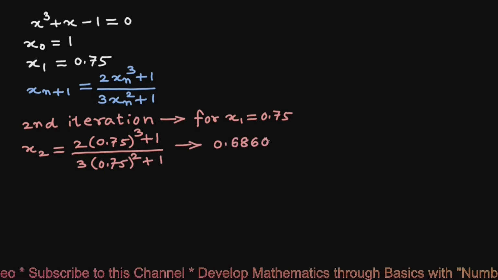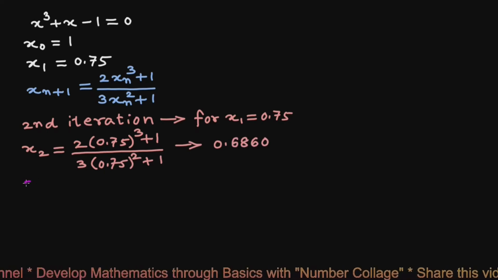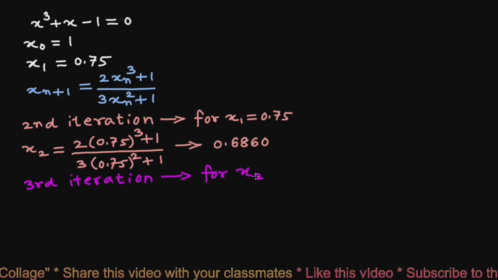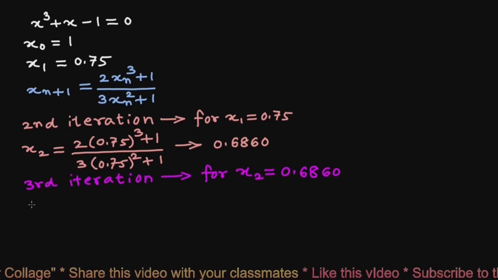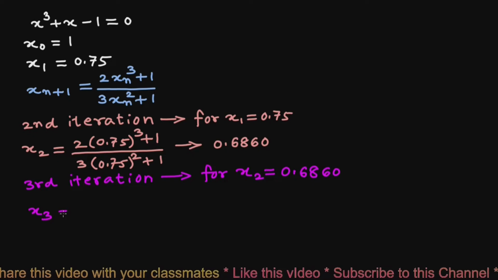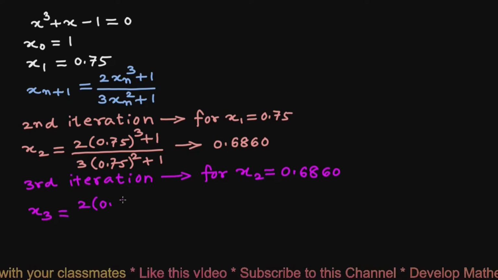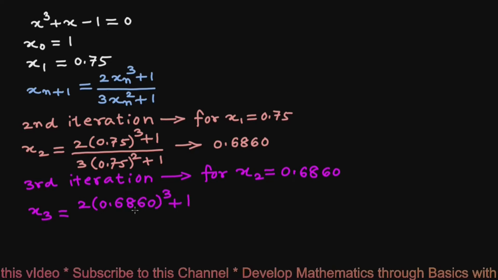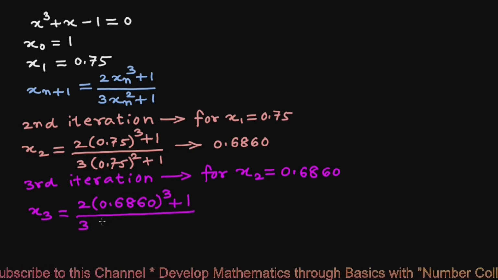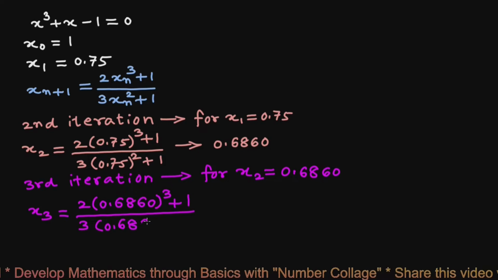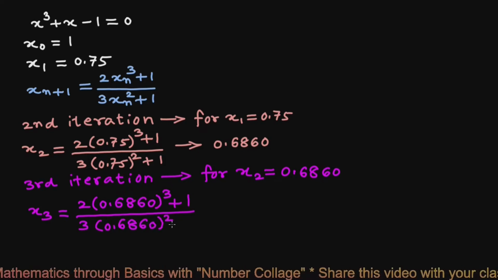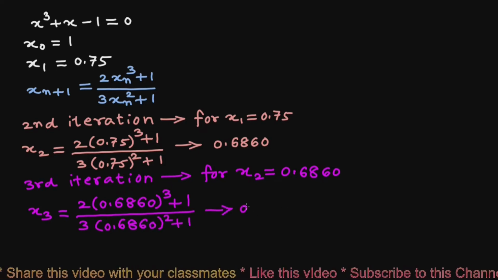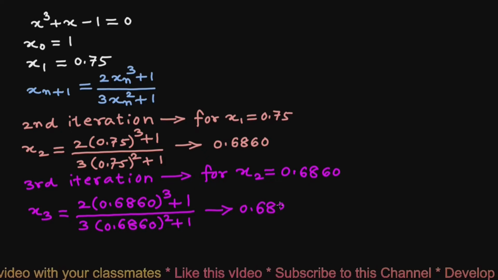0.6860 by calculator. We write the third iteration for x2 equals 0.6860, that gives the third approximate root x3 equals 2 into 0.6860 cube plus 1 upon 3 multiplied by 0.6860 square plus 1. This gives 0.6823